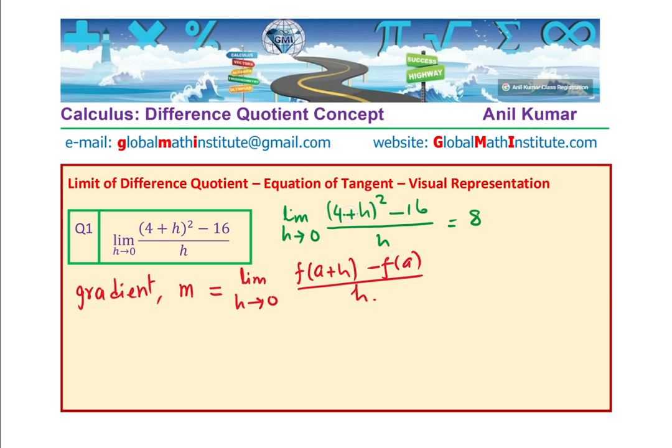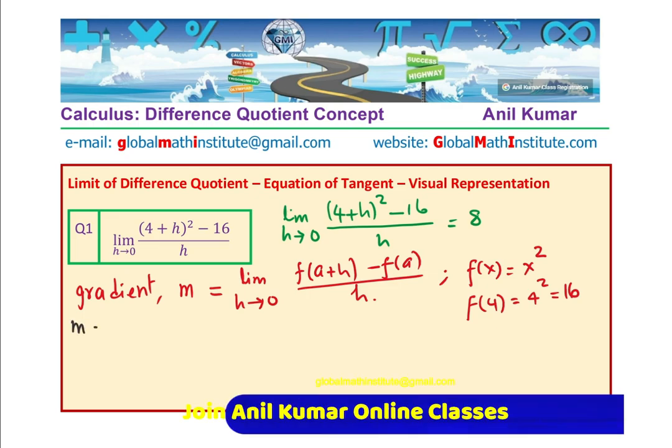So if you compare this, you see it is squared here. That means clearly the function here is x squared. Because this f(a) means at what point you are 16, right? So if you substitute 4 here, you get 4 squared equals 16. Correct? That means the x value is 4 and the y value is 16. You get the idea? So clearly, you have the given information that the gradient m is equal to 8,